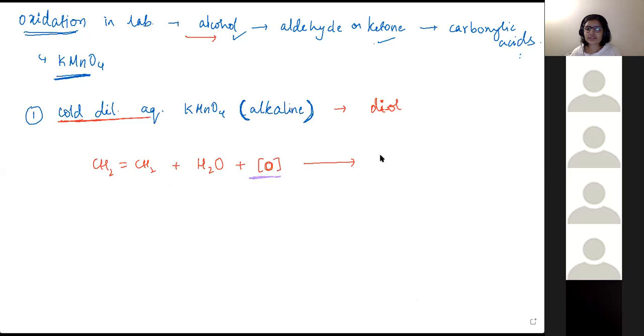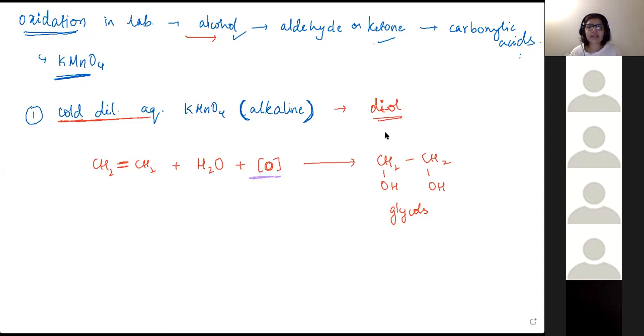So on oxidation, the double bond breaks to a single bond and two alcohol groups are added on either side of it. These kinds of compounds are also called glycols. This specific compound is called ethylene glycol because you get it from ethylene and it's a glycol, with two OH groups on adjacent carbons. The IUPAC name is of course 1,2-ethanediol. Similarly, if you take propene, the pi bond gets broken and you get alcohol groups added on either side.